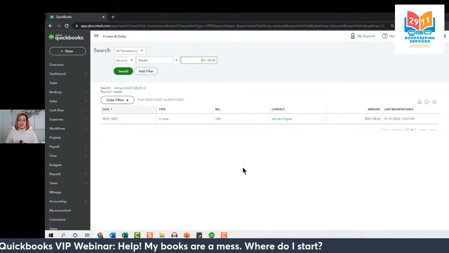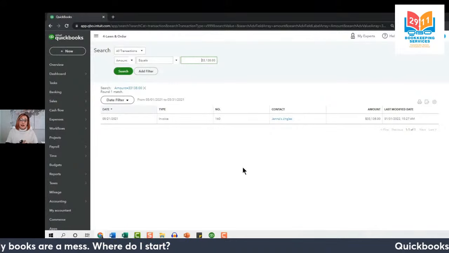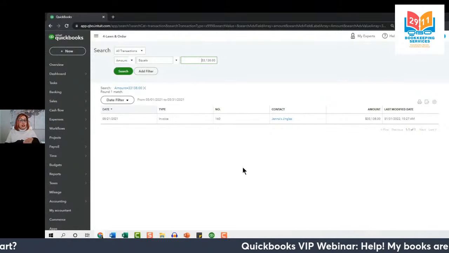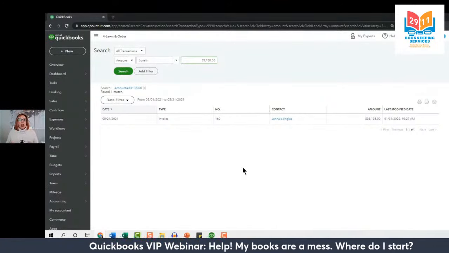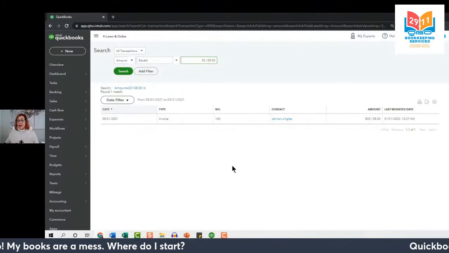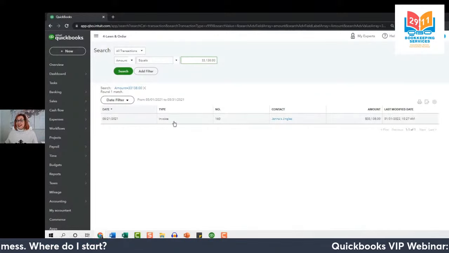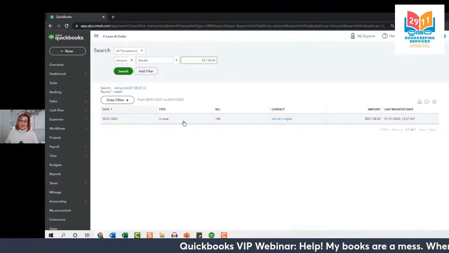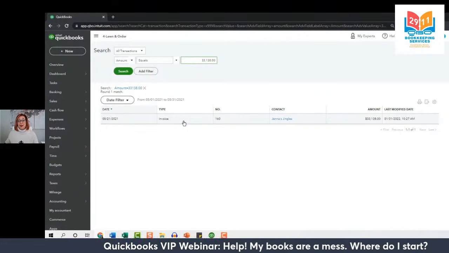So this is where we stop and we go back to the real world. Check the real world records. Check the bank statement, check the real world payment records that we keep, maybe check images from our customers or a list of all of the payments that we've ever received from our customers. And we can see that at the time, that payment that was deleted did belong to this invoice. It was just deleted in QuickBooks for whatever reason. So we need to go ahead and re-record that.